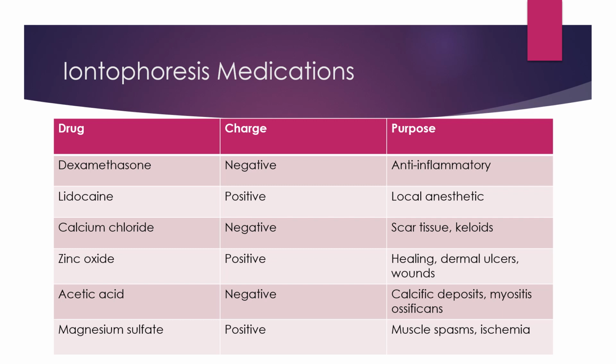Last two on the list, we have acetic acid, which is a negative charge. This helps to break down calcific deposits, typically treats calcific tendinitis and myositis ossificans by helping dissolve calcium deposits. Negative electrode placement. Last one here is magnesium sulfate, which is a positive charge, used to reduce muscle spasms and